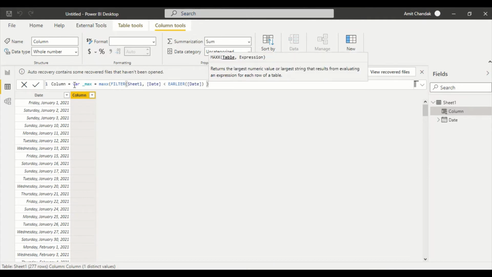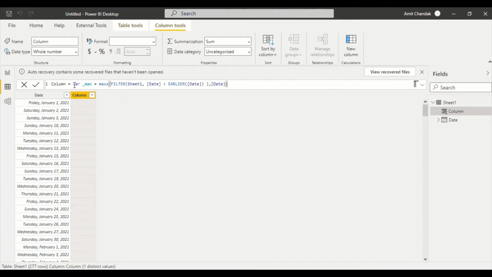If it is less, then give me the max date. We can write down the table name here. So what it is going to do: give me the date which is less than this date of the current row, less than that date, it's going to give the max. It's not going up and down the rows, it goes through the entire table. So don't think that it's going in the forward direction or backward direction. There is no direction. It is just saying, in the entire table, date less than the current date. So earlier is the freezing point, the freezing point is the current context, and then from that context we are going anywhere and just trying to find out. And I'm going to return this so that you should be able to get what I'm saying.